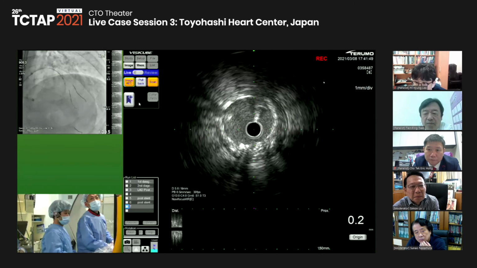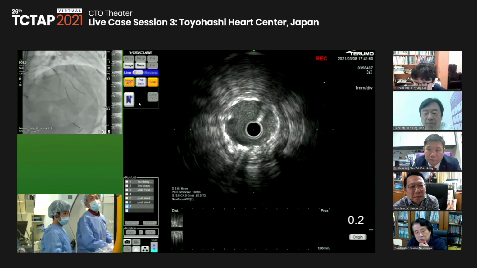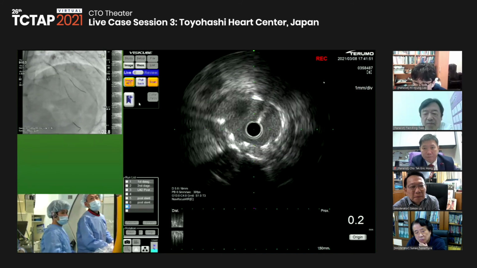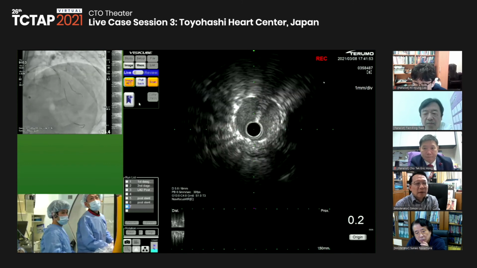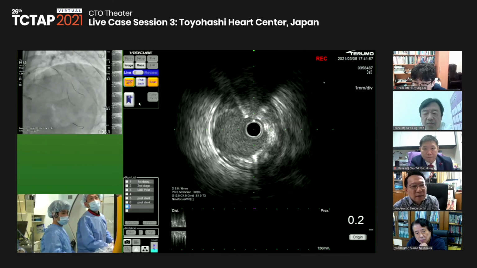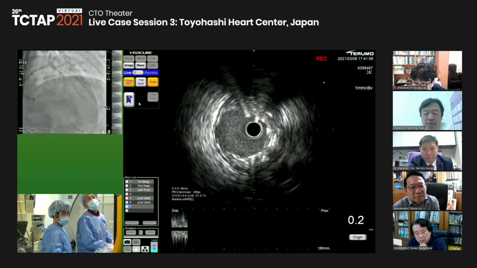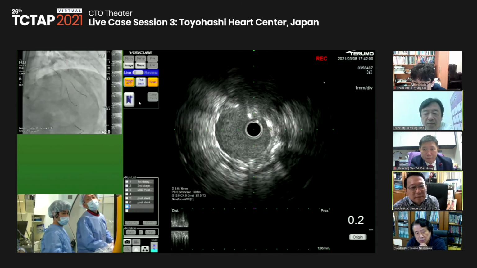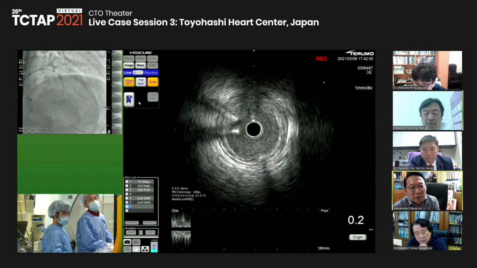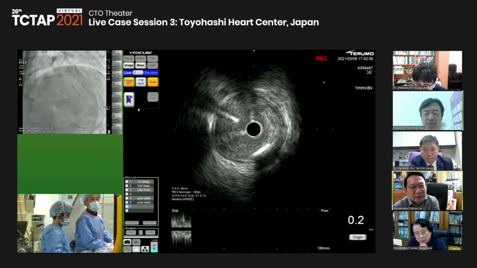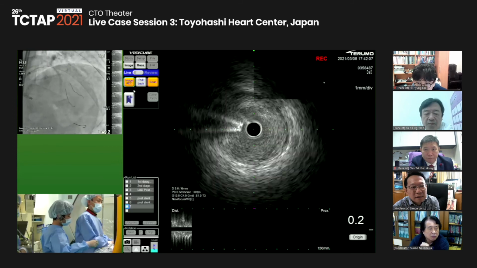The first diagonal is maybe well opened, I guess. So the issue is the proximal edge. The proximal edge is also maybe not so diseased. I think it's acceptable. So let's check the angio.